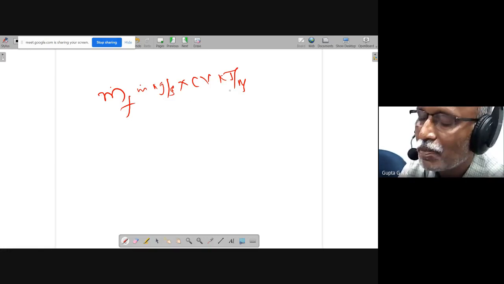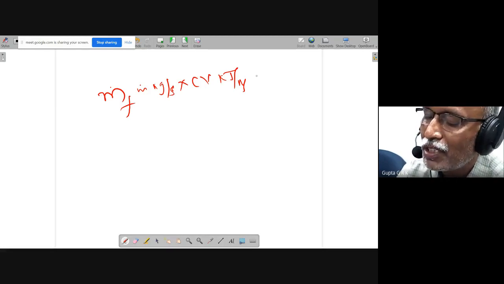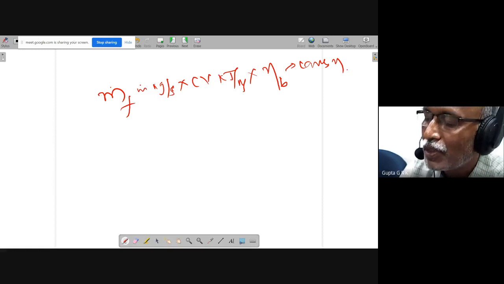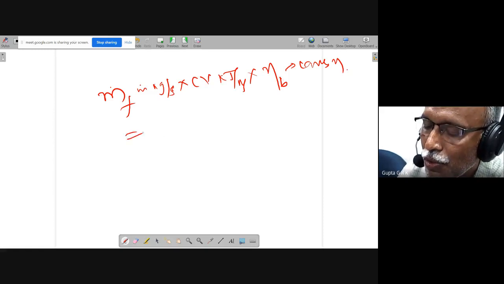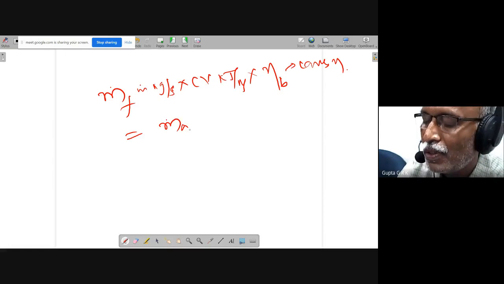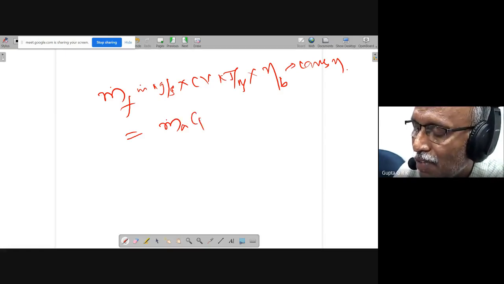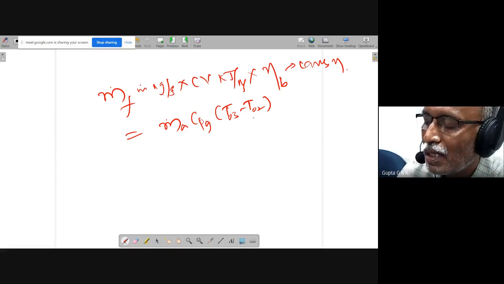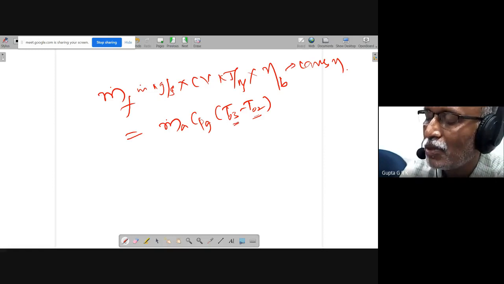But when it is burnt, some fuel will not be burnt properly because of improper mixing. So there will be combustion efficiency. So it may give only 98%, and 2% may be lost. So into eta B, this is combustion efficiency. So this is the total heat generated. This is used to raise the mass flow of air, which is having CPG, and the rise in temperature may be T03 minus T02. In the combustion chamber, it is raised from T02 to T03.